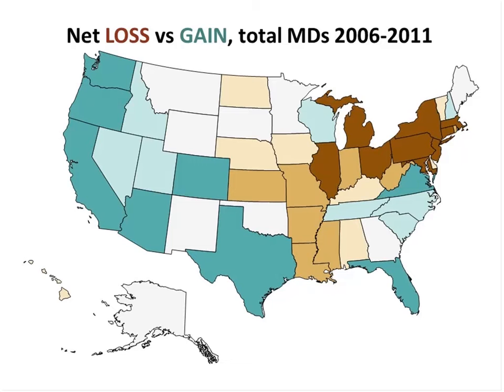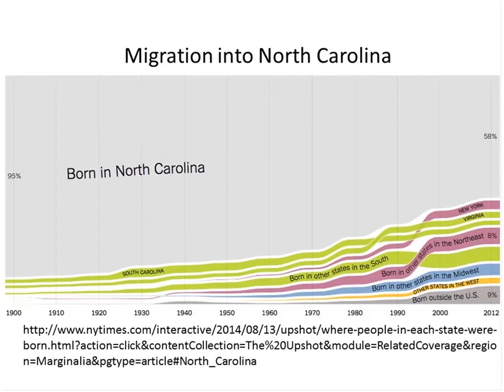You can see that there is a net loss out of the Northeast, the heartland of the Northeast, the Mid-Atlantic, and the Midwest, and out West, where there are a lot of people, and to the South, where there are a lot of people, and there are, let's say, economic drivers that move people into those places. Now, that's a lot of people moving at any given time. And if you're talking about migration, the background migration of populations is as important to physicians as it is to